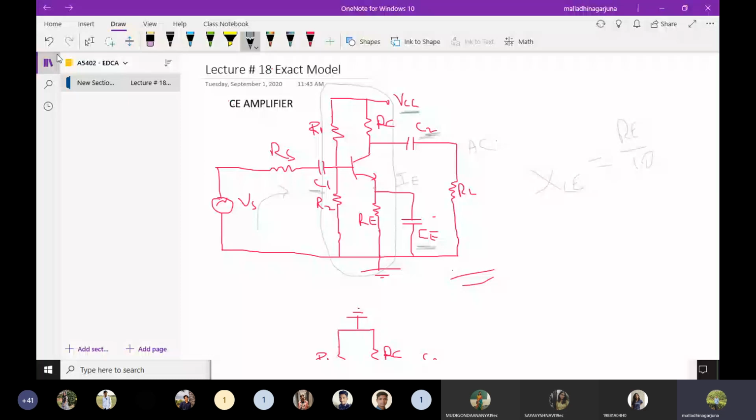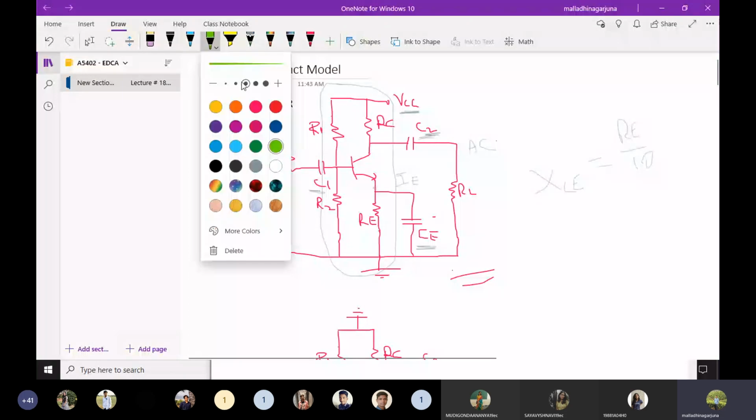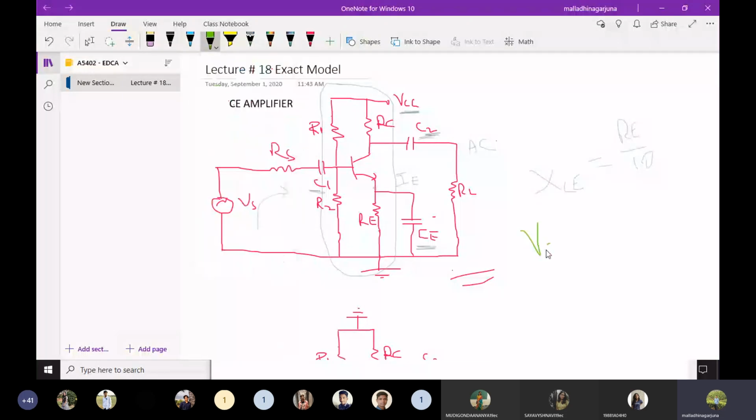Is it clear? If we eliminate the voltage drop across RE, the output will be more. Why? Because we know that VCE is equal to VC minus VE. If there is no voltage drop across VE, there is no negative portion, no elimination portion, so the output is equal to VC, which is nothing but VCC. So how can we make VE equal to 0? By not passing that IE current through RE.